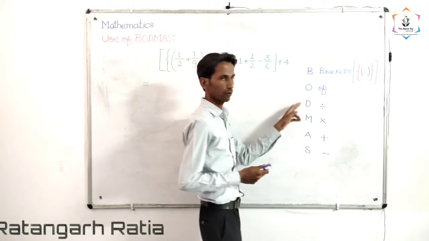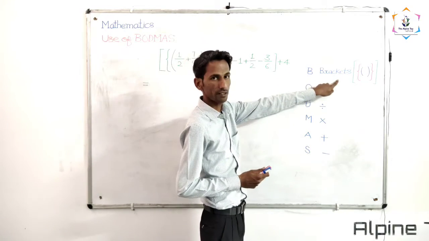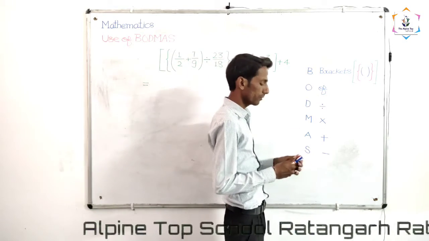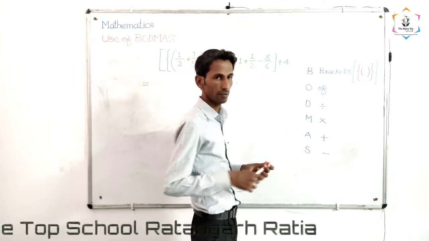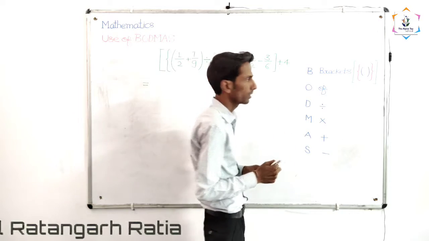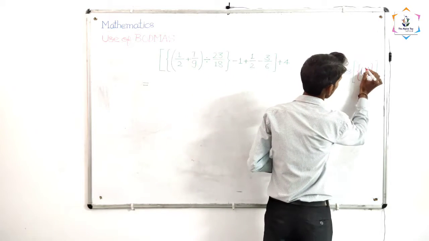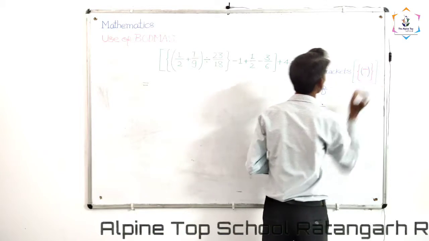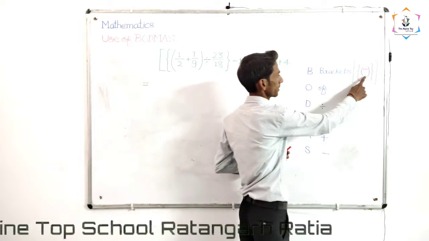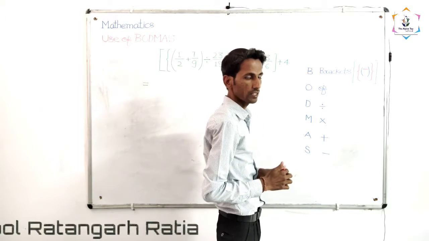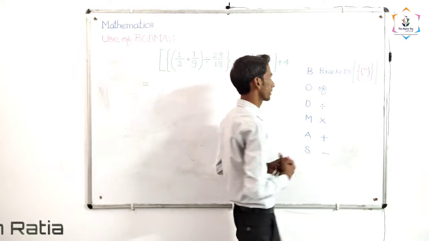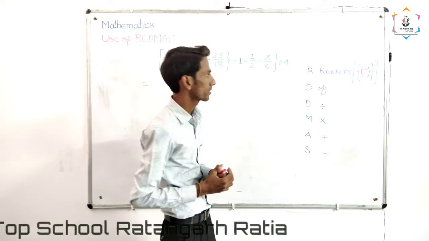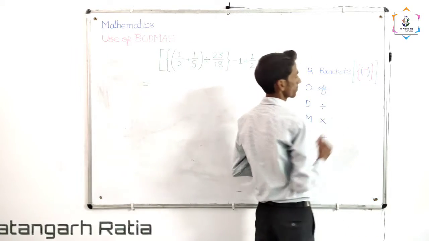Okay, dear students, I have already noted on the board. B for brackets. Whenever we discuss brackets, there are many types of brackets. I have noted them. The first place is the line bracket. Second place, small bracket. These brackets are also known as round brackets. At third place, curly brackets, and the last place, square brackets.